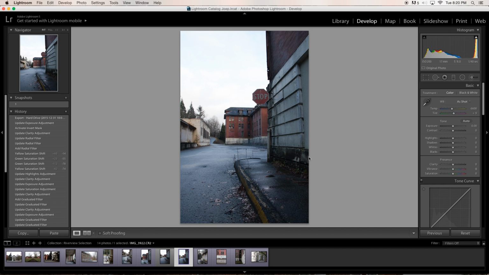So here I really like, I used the rule of thirds. So you see here, you can imagine the third lines here. So here a building, and then the stop sign is kind of the main focus of the image. So I really focus on that, and I like this line here of the curb. It's kind of your leading line leading you into the picture, into this building here in the back, and with all the broken windows, and you see all these plants growing in front of it, broken tile on the roof,